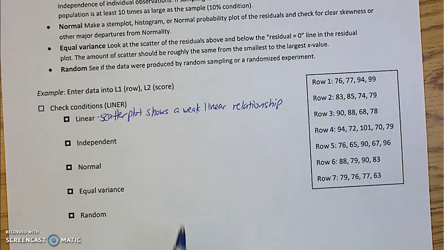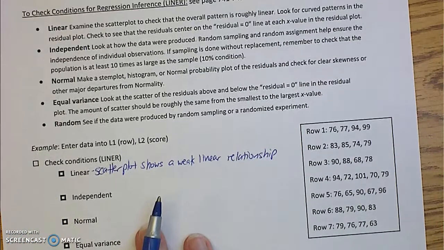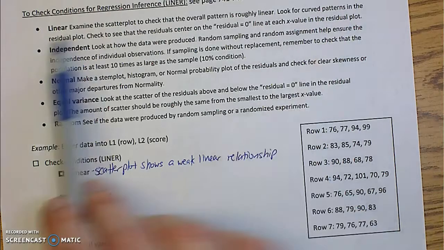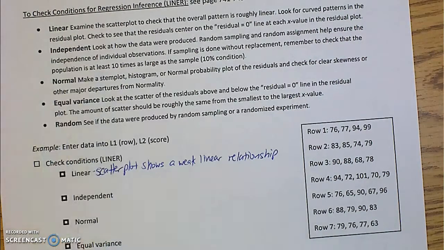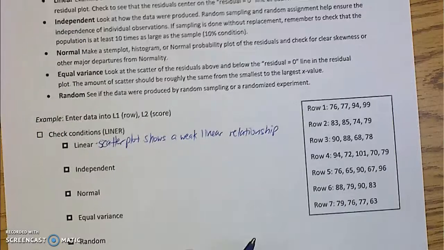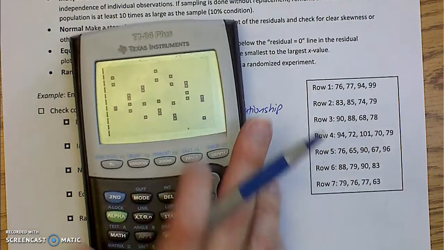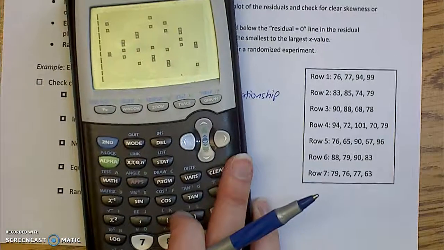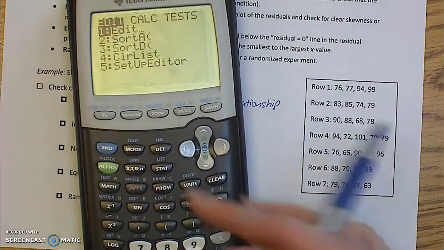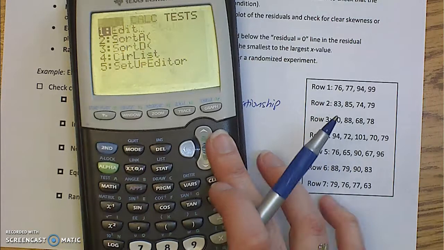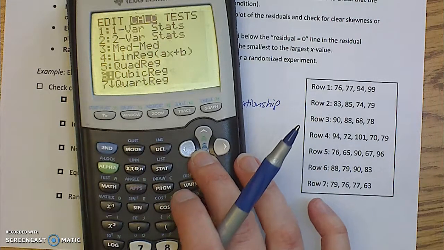In addition to checking the scatter plot, it says up here, look for curved patterns in the residual plot. So now we need to remember how we create a residual plot. Check to see that the residuals center on the residual equals 0 line at each x value in the residual plot. The residual is the difference between the actual value and the predicted value. So we need to calculate those. So I'm going to clear out of that, and in calc, I'm going to go to step number 8,